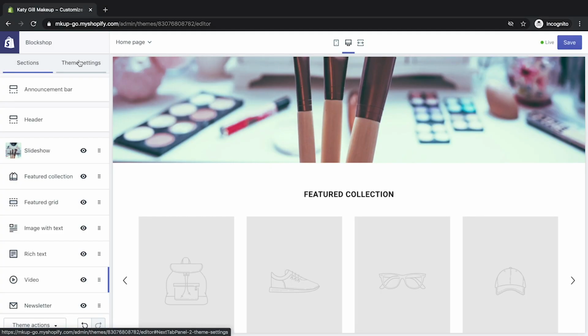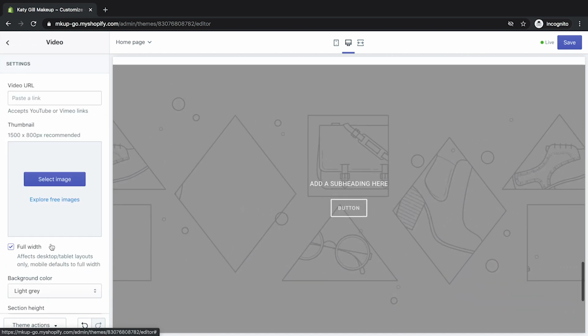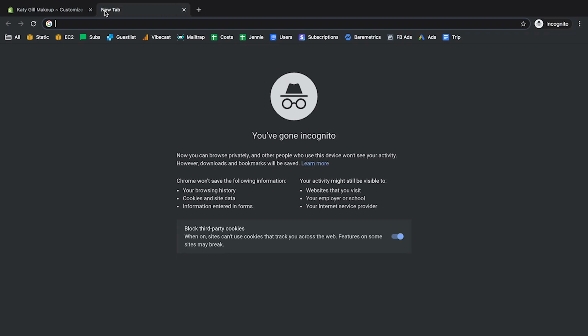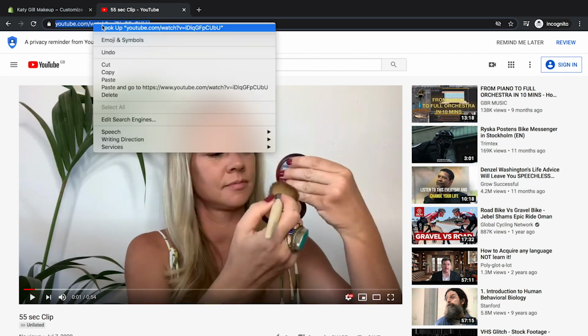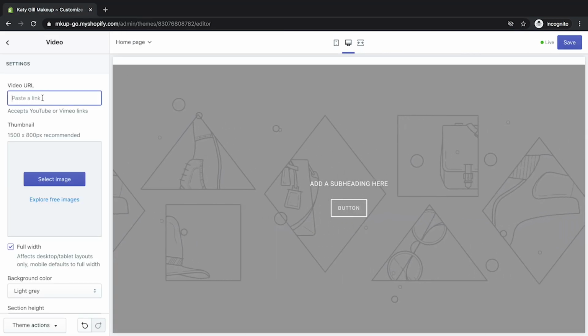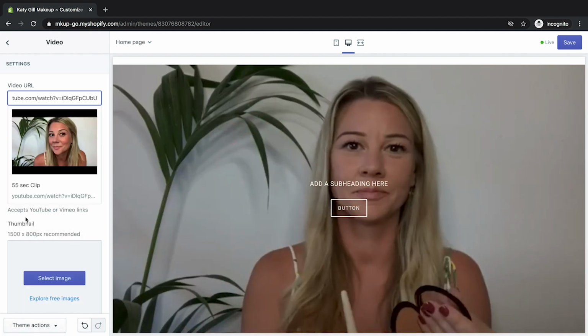Next up, let's add a video, which you can see will go here. So click on video, and Katie has already done a quick time-lapse video of her doing makeup, which will look great as you're scrolling down. Brilliant. All you need to do is grab the URL of YouTube. I believe Vimeo can do the same as well. Copy, let's get rid of that, and then you paste it into here. Great, so you can see that already playing.